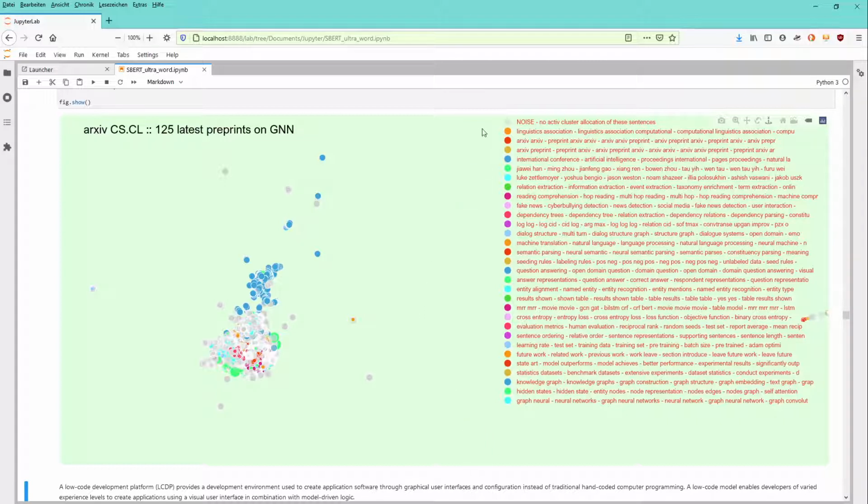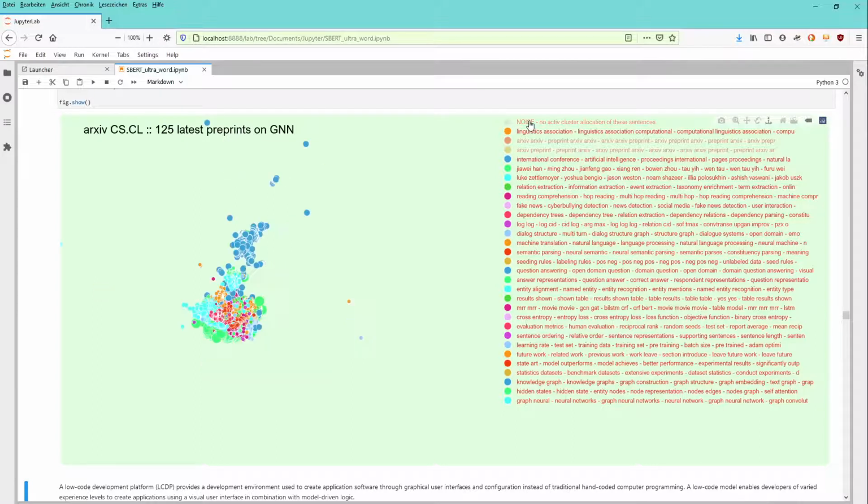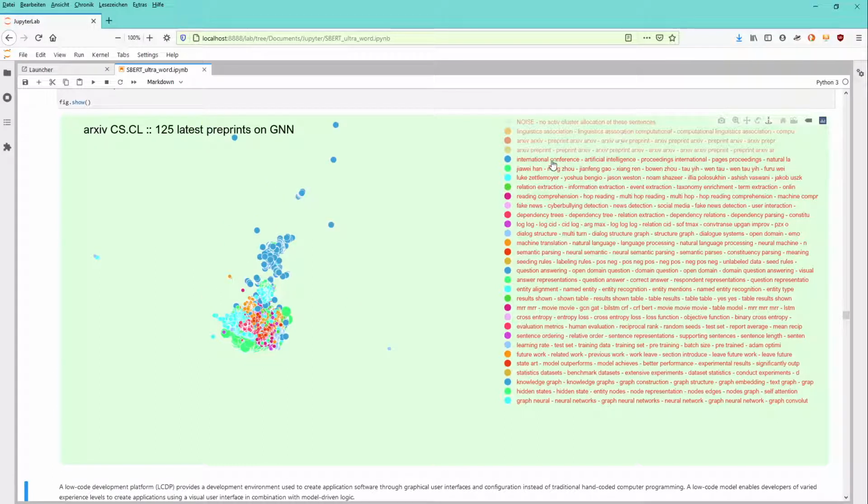So, it is interesting to see the structure of those 23 different clusters. Because, for example, here the red cluster, you see, this is just "arXiv preprint arXiv", so we can eliminate these clusters. The next cluster also. The first cluster is noise: all the sentences that do not belong to one of those clusters, we eliminate as noise. And everything that is about the linguistic association and whatever, we can also eliminate. Now, all the proceedings, international conference proceedings, international conference sentences, we also say are not of the most significant importance